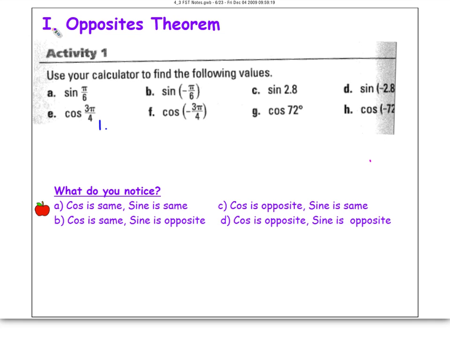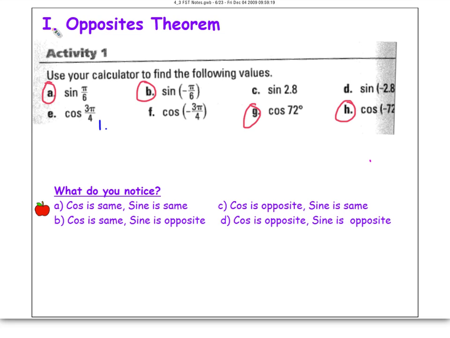We're also going to look at, for example, degrees. What if we look at 72 degrees? What's the opposite of 72 degrees? It's negative 72 degrees. So let's just focus on two of these scenarios. Let's look at pi over 6 and negative pi over 6, and then 72 degrees and negative 72 degrees. What happens if we find the sine of two angles that are opposites, or the cosine of two